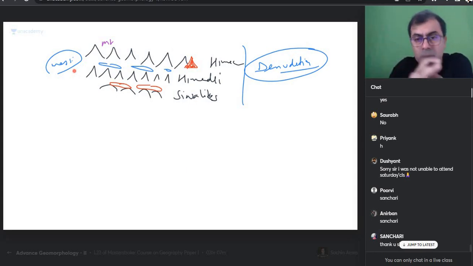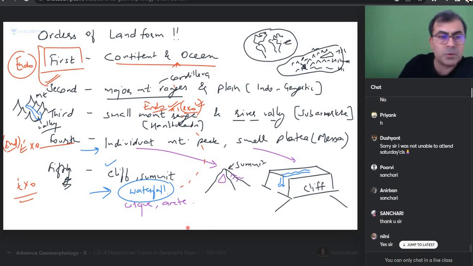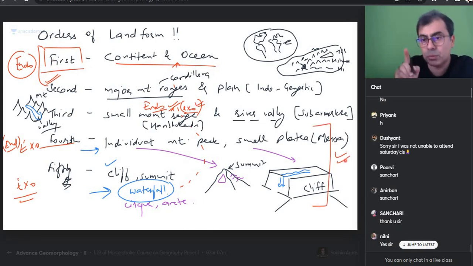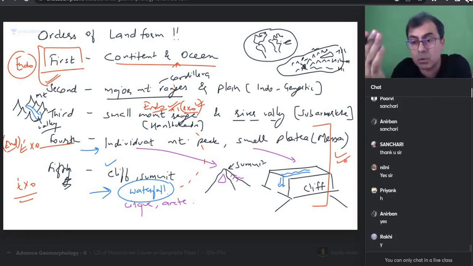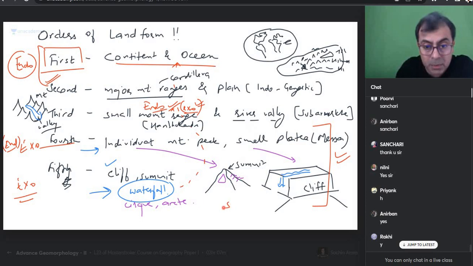2 minutes से तो मैंने डाउट क्लियर कर दिया. You can see इस डाउट का कोई मतलब नहीं था. Anyone who's looking at that, देखिए जब साइकिल ऑफ इरोजन की बात आती है ना everyone, साइकिल ऑफ इरोजन में इस पर ज्यादा बात होती है लैंडफॉर्म्स में. True. Davis when he's talking about, he's not talking about those things. मतलब Davis is talking about those things, but cycle of erosion और slope evolution,